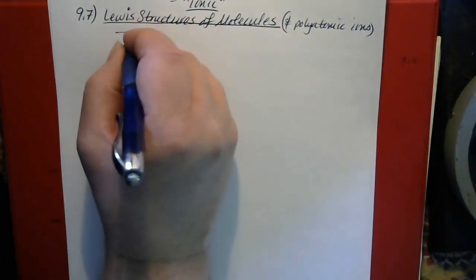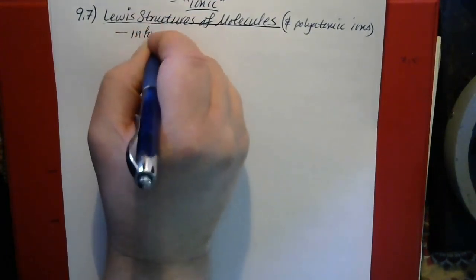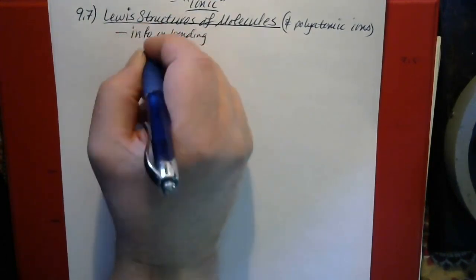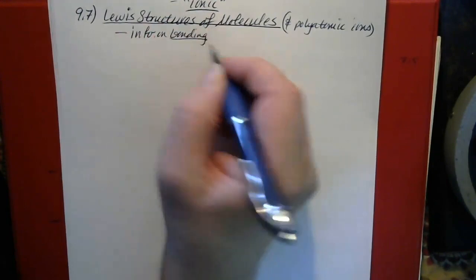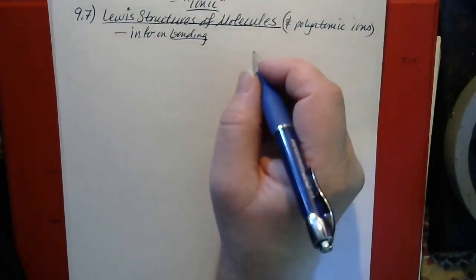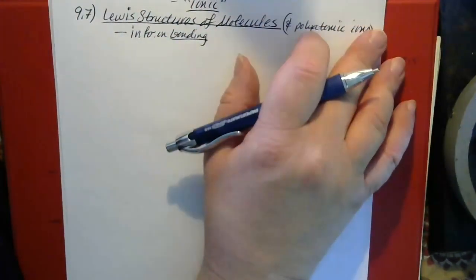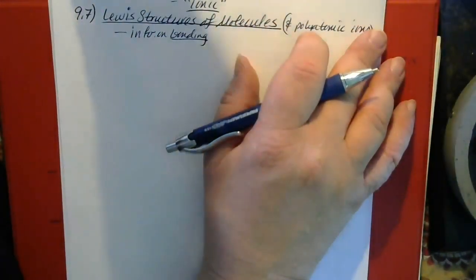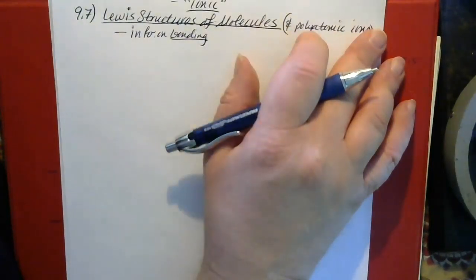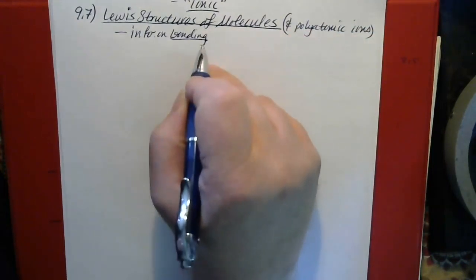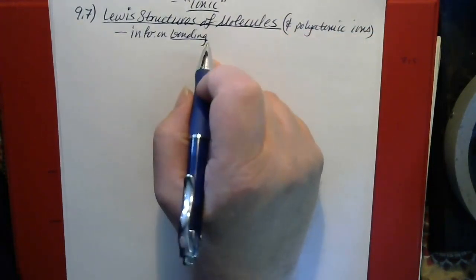And Lewis structures offer information on bonding. They don't show us directly what the molecule looks like. Sometimes the Lewis structure comes out looking like what the molecule really looks like, and sometimes it doesn't. When it does, it's just sheer luck, just coincidence, really. But what Lewis structures do is they give us information on the bonding, that is, what is bonded to what